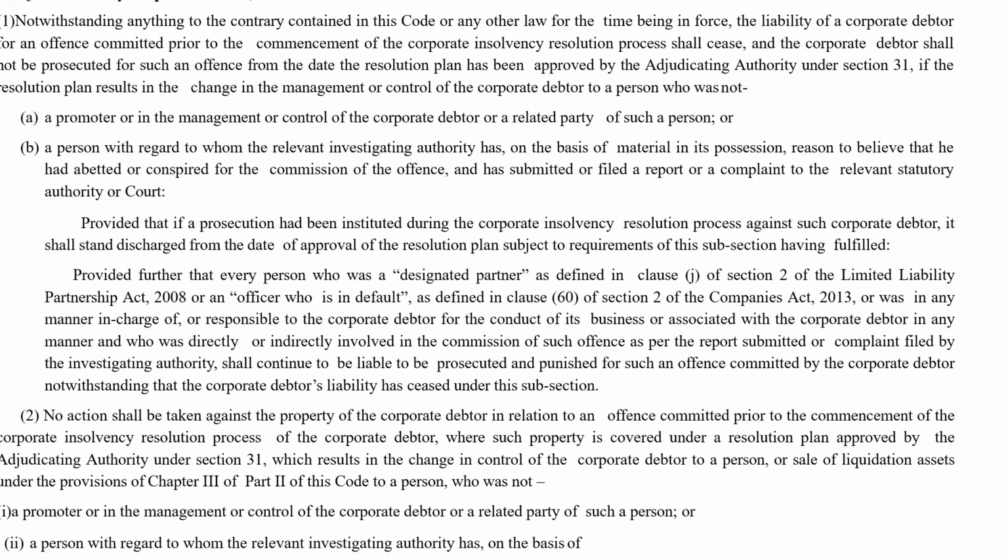ठीक है, तो ये पॉइंट इंपॉर्टेंट है। So suppose there is some investigating authority and they have got material in its possession, and they have reason to believe that this person had abetted or conspired for the commission of the offense. And this investigating authority had submitted or filed a report also, or a complaint to the relevant statutory authority or court. So in that case, this immunity, which is otherwise available under section 32A, is not available. ठीक है, ये पॉइंट।